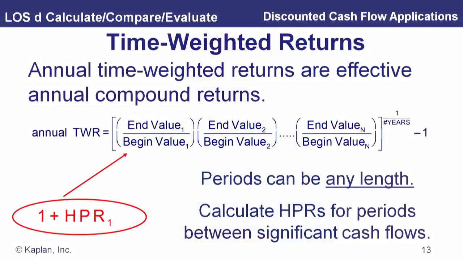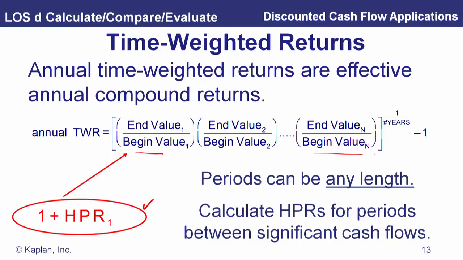Now for time-weighted returns, we want to take the effect of the cash flows out of there. So all we care about now is the performance, the total return on that stock each period. Now, the general description of an annual time-weighted return is we're going to use 1 plus the holding period return for each period between cash flows. And then by multiplying those together, we'll get 1 plus the total return if there were no cash flows in or out of the account